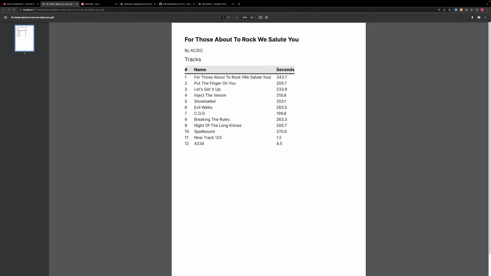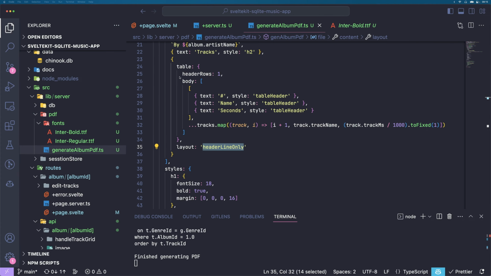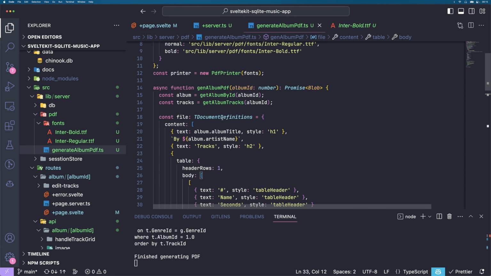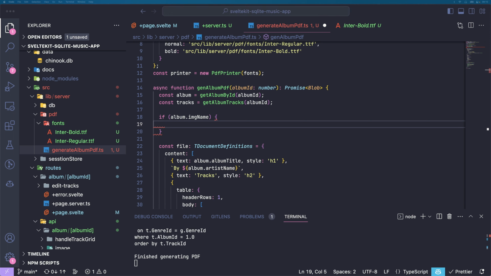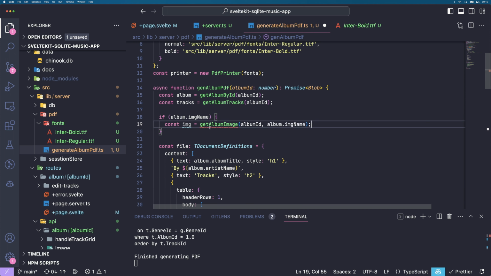I think it gets more interesting if we maybe put a small album image for this album here, so let's do that. For that, we can check first. So this album type has an image name. Not every album has an image, so we check if we have one. We can then go ahead and grab that. Get album image, and